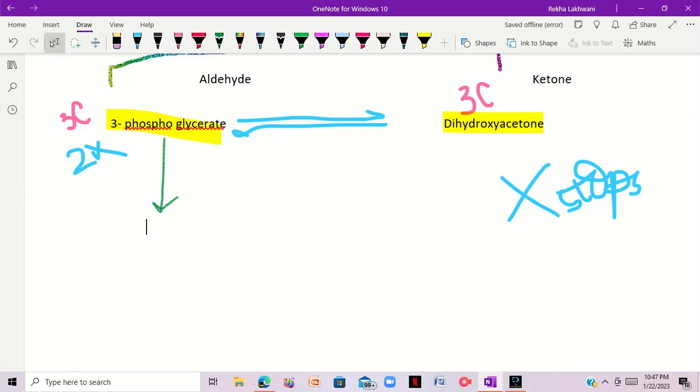So it is converted into 1,3 bisphosphoglyceric acid. Actually, what happens? There's an oxidation of 3-phosphoglycerate. Oxidation means whenever an aldehyde is converted into acid, it's known as oxidation. Whenever the acid is converted into aldehyde, it's known as reduction. So basically, this 3-phosphoglycerate is converted into